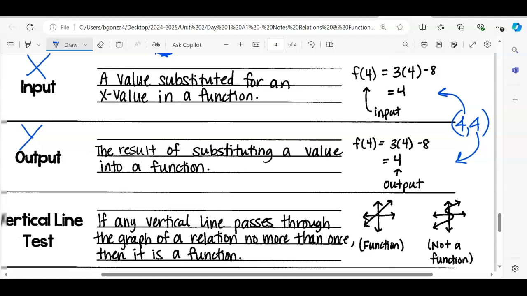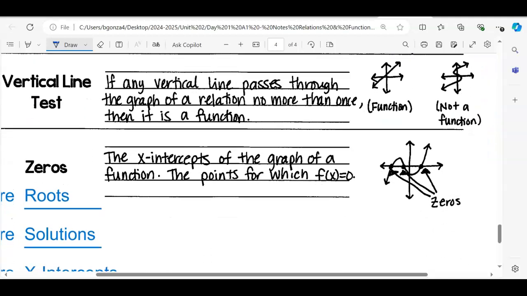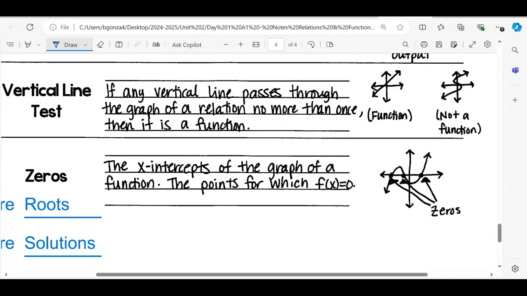Now, when you have something that you're trying to determine, is it a function? Does x repeat? Does x have more than one y? We can test the graph with what's called the vertical line test. Have y'all heard of the vertical line test? Okay, you may have in middle school, but the vertical line test says that any graph, you can draw a